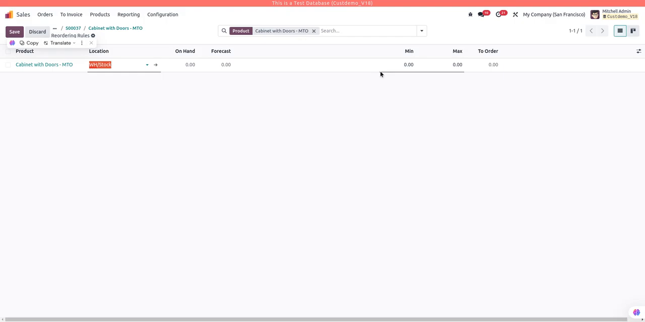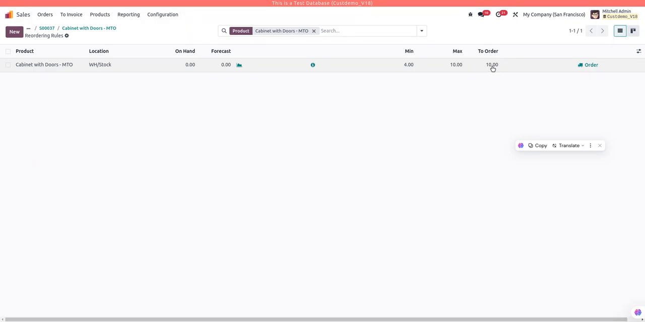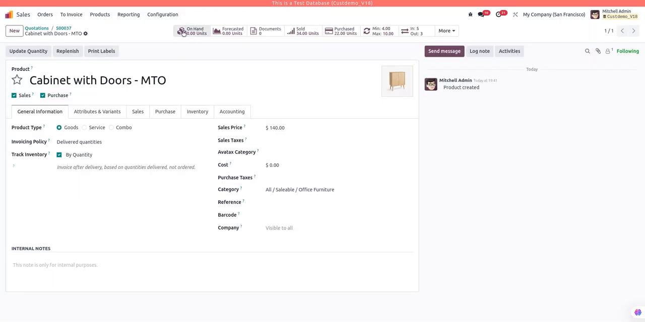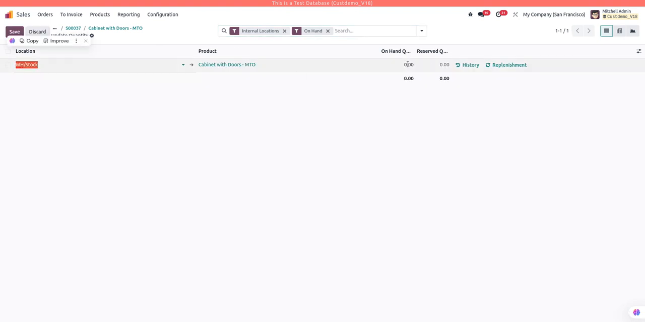For example, I want to trigger a purchase order if I have 4 units or fewer. And for the maximum, I will say that our store can't take more than 10 units, so it will be 10. As you can see, Odoo calculates how many units to order. Because we have 0 on hand, it will create a purchase order with 10 units to reach the maximum of 10. But if I go back to my product and manually set an on-hand quantity of 3, for example,